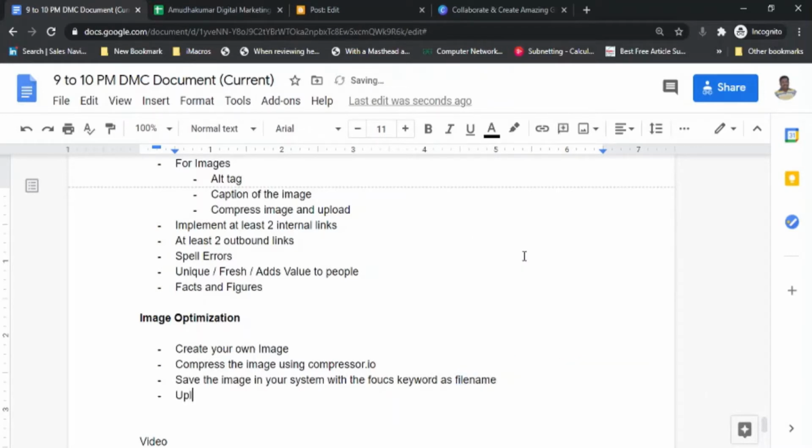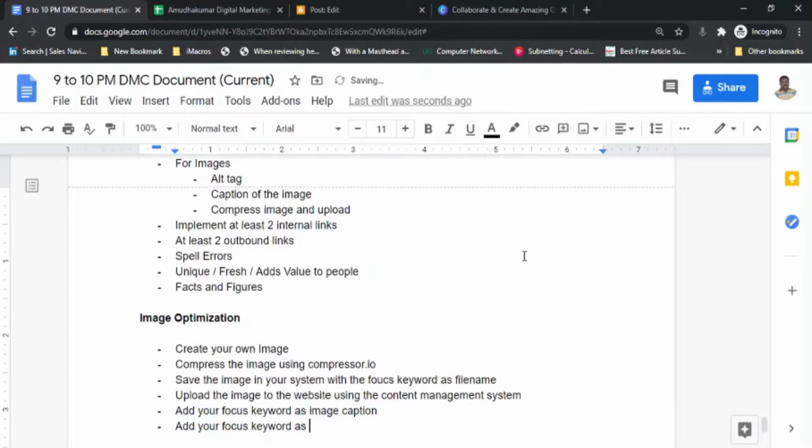Now upload the image to the website using the content management system. Upload the image and add your focus keyword as image caption, and add your focus keyword as ALT tag.